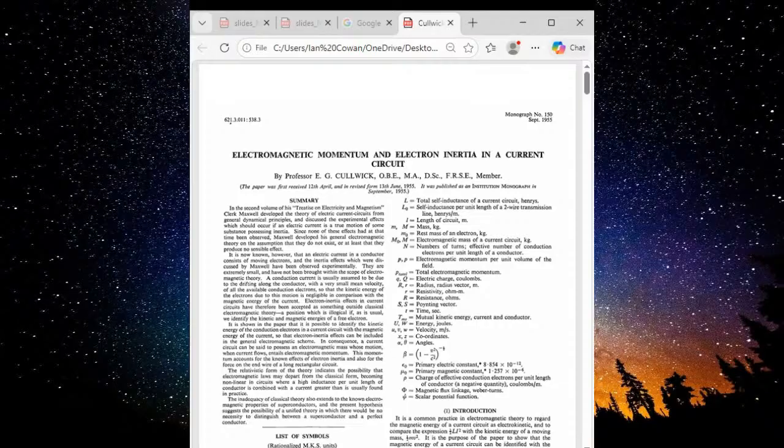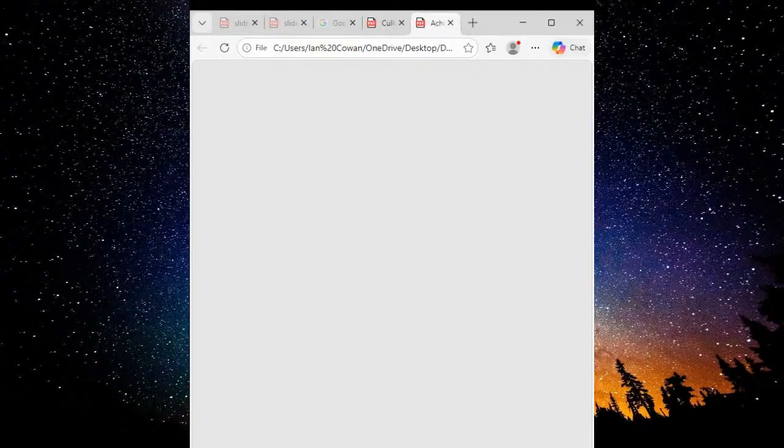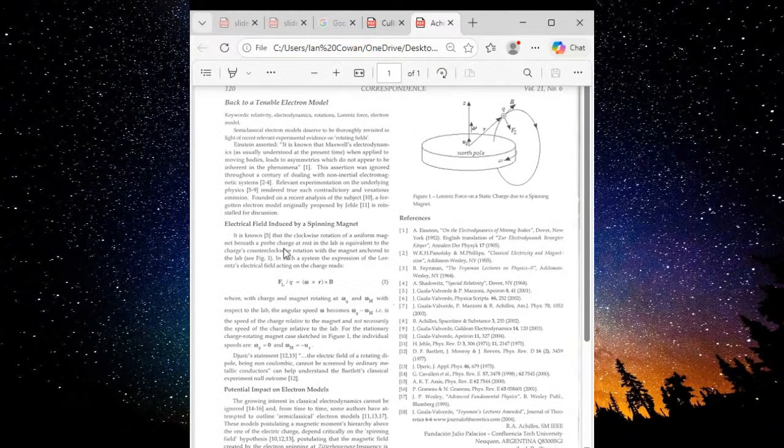Yeah, but it's a little more complicated. That's basically right, but it's a little more complicated because if you look at the Achilles paper, which modifies Maxwell's equations a little bit, based on an argument of Einstein, it starts out. Unfortunately, I don't have a copy of that right here, but we'll hopefully get to that in a minute. The electrons, as they go down the wire, are actually spiraling. They're not going straight down. They're spiraling with the center of the spiral being the center line of the wire. Oh, here we go.